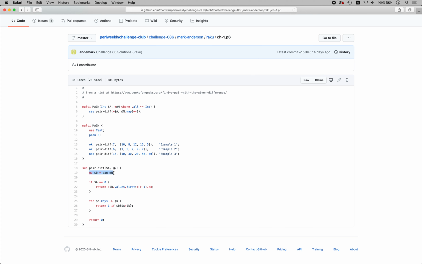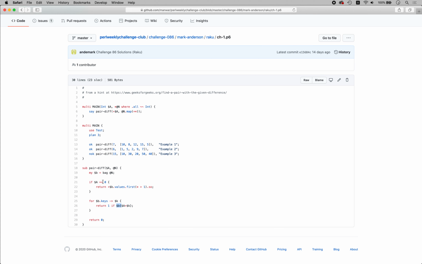It converts the numbers to a bag. That's a good thing probably, because we immediately get the hash. Like in the previous solution, we were creating the hash manually, but here we get this hash behavior. Actually, it's a bag. And we also eliminate the duplicates from the command line. Again, it's not stated in the description of the task, but why not? So we've got those numbers as a bag,